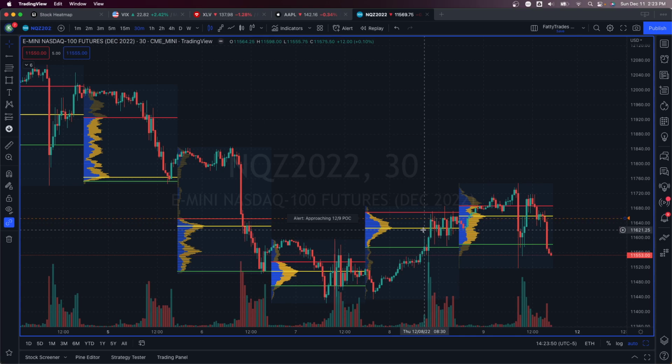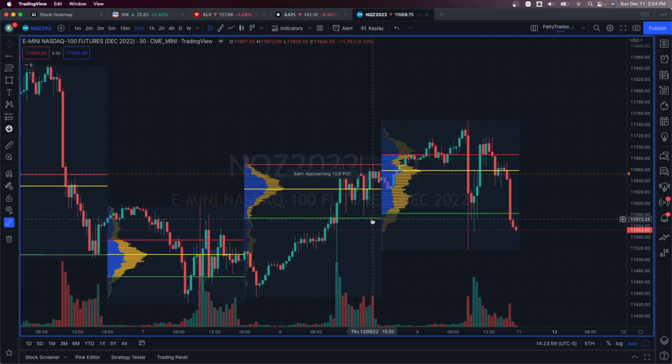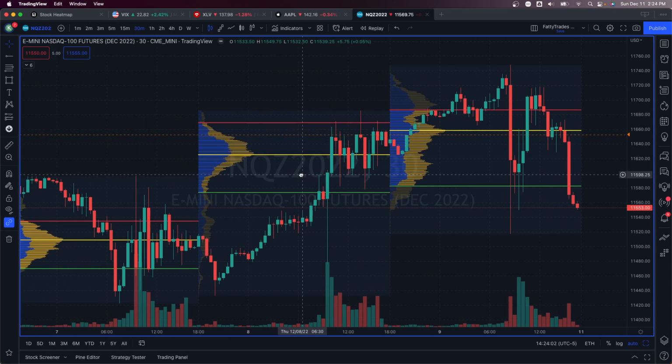So if we go to the day prior, this is Thursday, December 8th, 2022. Market closes. We have the POC right here. Let me just zoom in a little bit to make this easier. So POC is right here. We can see market opens higher. We come down right into the POC. We hold, and this was incredible. On Thursday, it was just such a massive move. We hold the POC like we normally do. It's acting as support because it was under us. We proceed to move higher somewhere around 100 points by the time it was all said and done